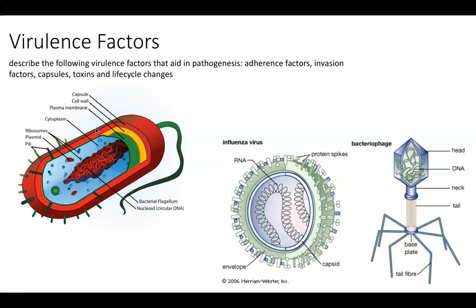So that's movement, but also attachment is a key virulence factor. Like how well can a bacteria attach itself to something? So that's what these things are also used for. These pili, and pili are these little filaments that just aid in allowing it to grip. The greater the ability that a bacteria has to adhere to tissues, well, that improves the bacteria's